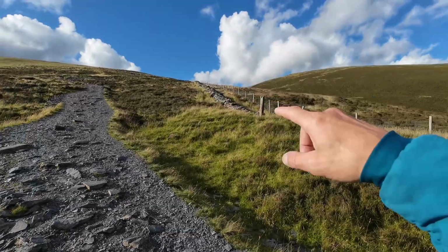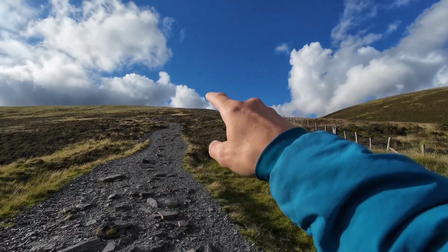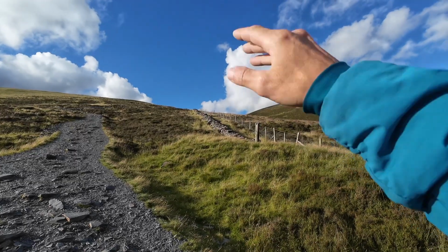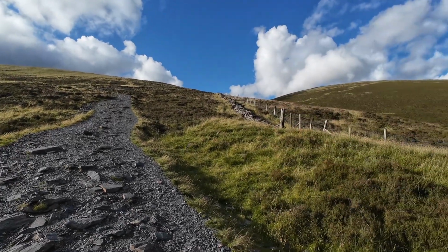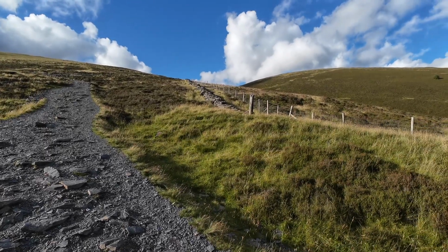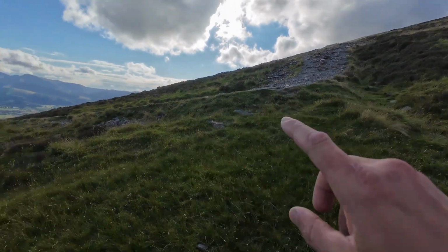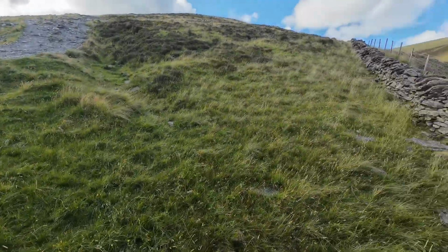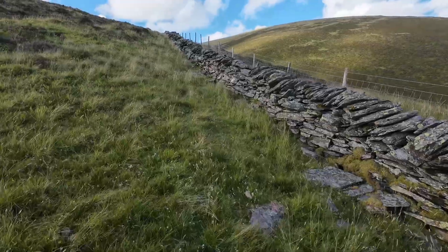I thought that was a tent up there to coil. So this path follows, the path does actually come back on it, so you don't actually have to go straight up here, but I'm going to take this route here just because when you're navigating it's easier once you're by a wall. And I think this wall does finish, and then it's just a fence after that. This is where you come off if you were going to carry on up the path. You can come off here and then continue on up this way, following the wall all the way up to